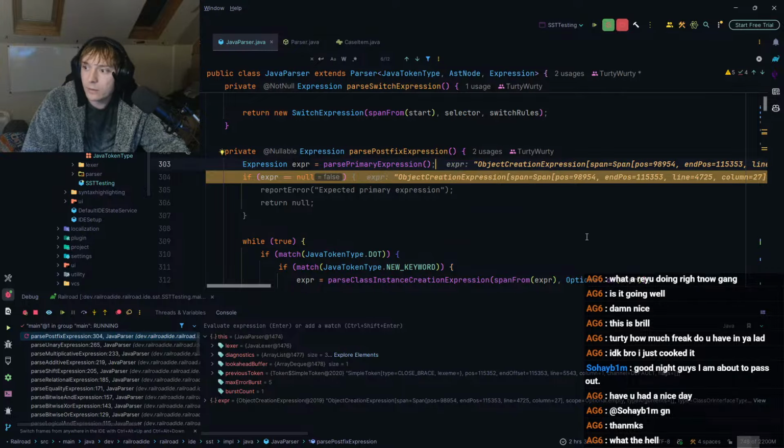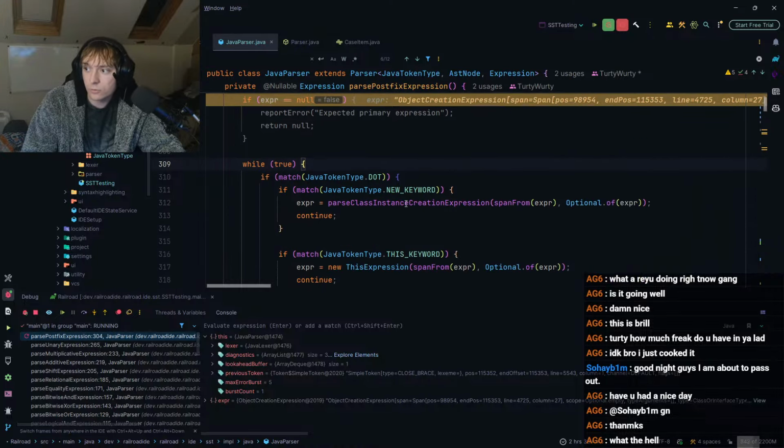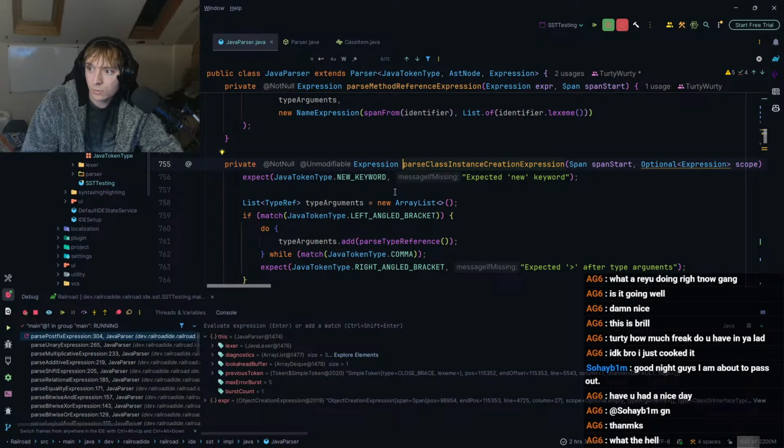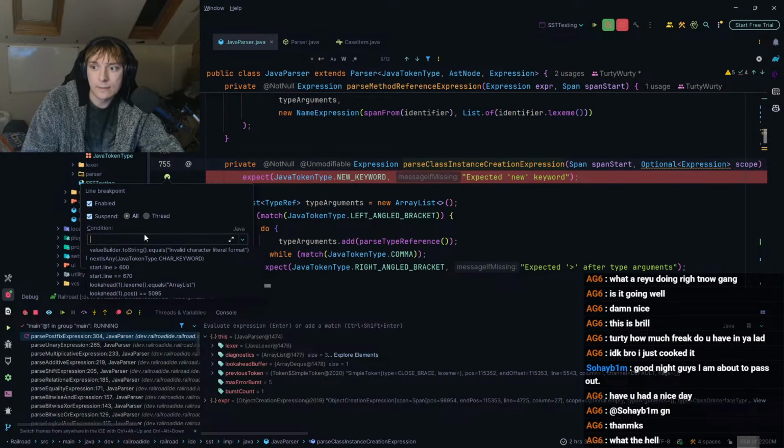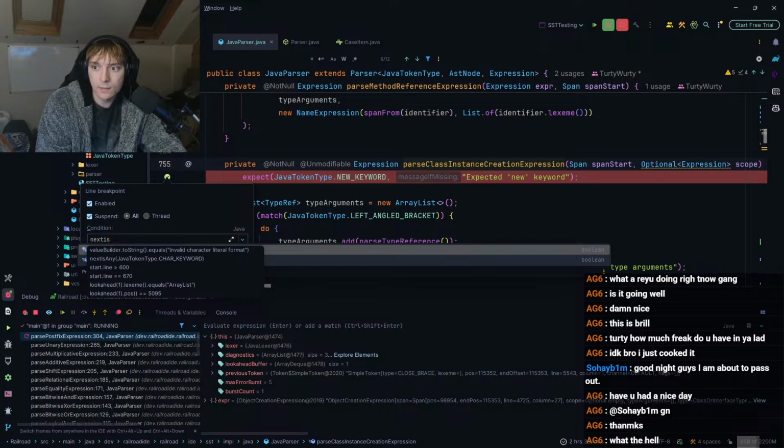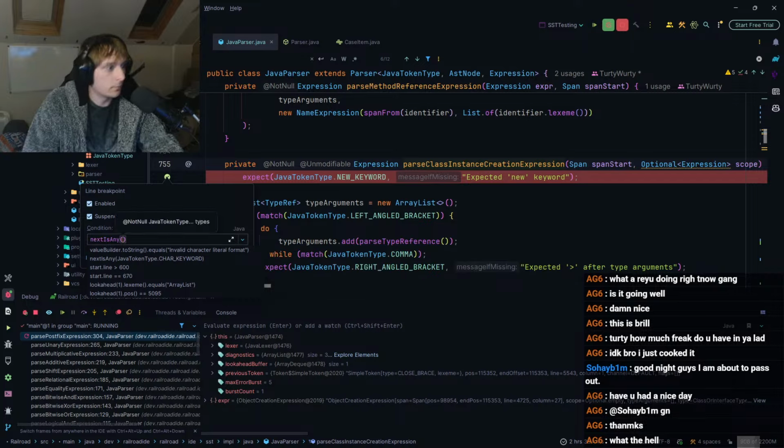Right? So if we find parse class instance creation expression, right? And then in here we say next is any character literal expression, right?